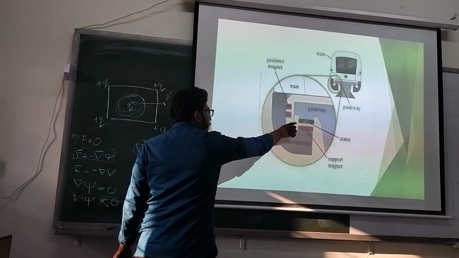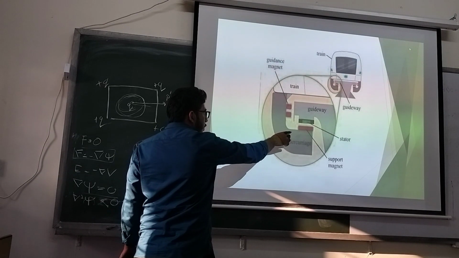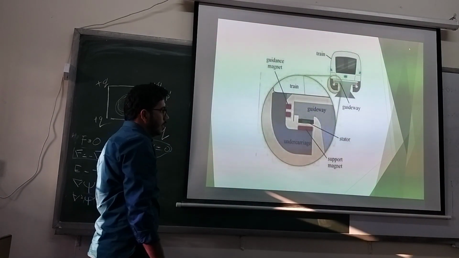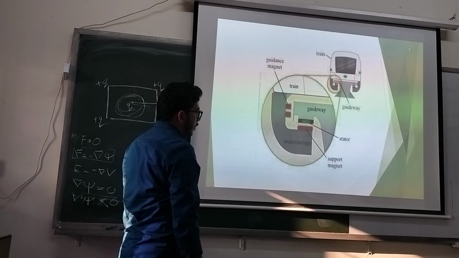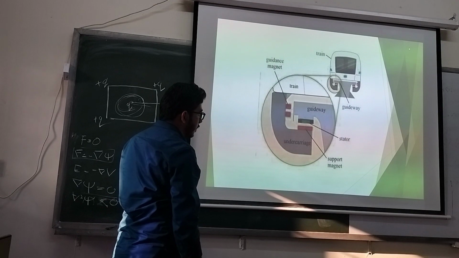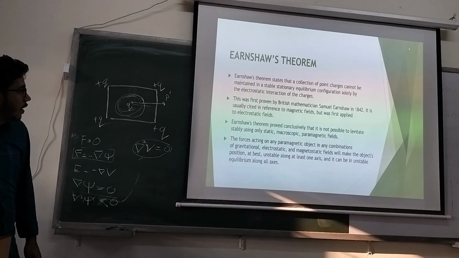Whenever it gets too far, the electromagnets are turned on, and whenever it gets too close, the electromagnets are turned off. So there is a gap sensor between it. That gap sensor determines when to turn on the electromagnet and when to turn off the electromagnet. So that is servo stabilization, and then